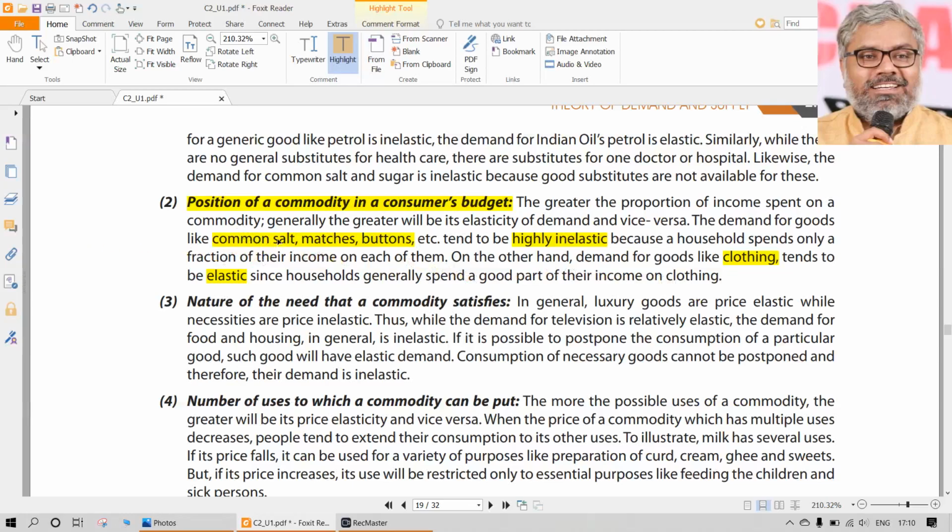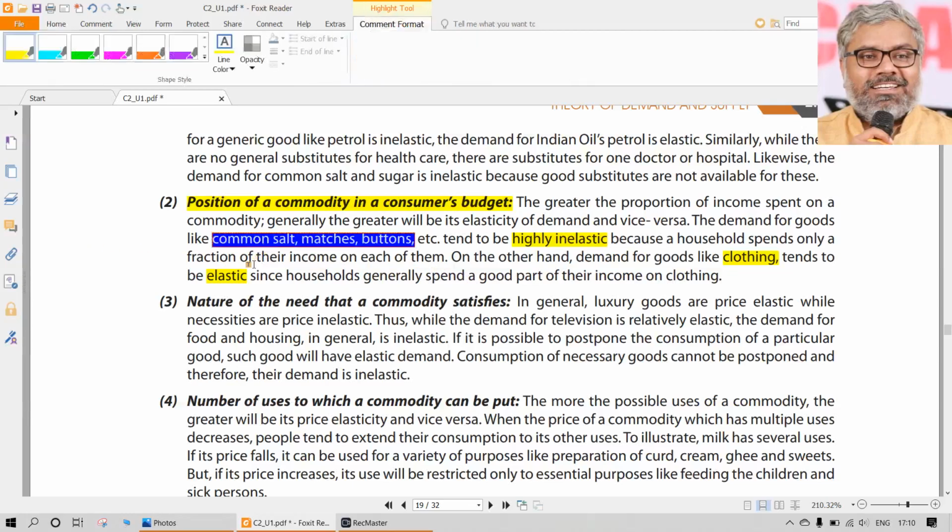Simply speaking, did you ever hear there is a discount on salt? Ever? Have you ever seen? Okay, now Tata Salt, normally 20 rupees, available for 18 rupees only. Did you ever see any advertisement like that? I have not. Even if it was there, it would be for some other purpose. Maybe it is getting expired and they want to throw it. Other than that, definitely not that they want people to buy more salt because of a lesser price. So what does it indicate? Salt is a less elastic product.